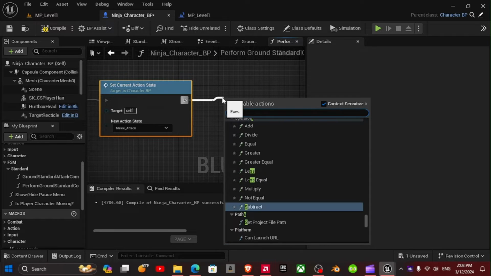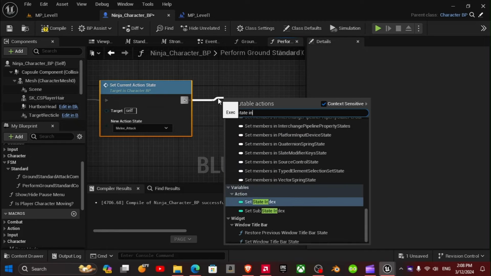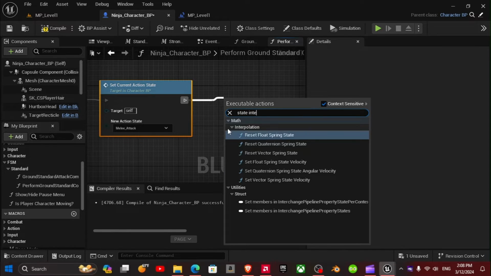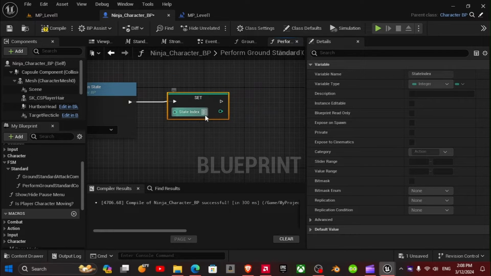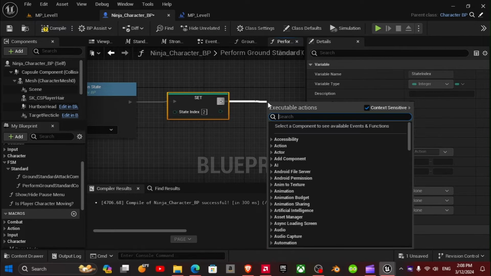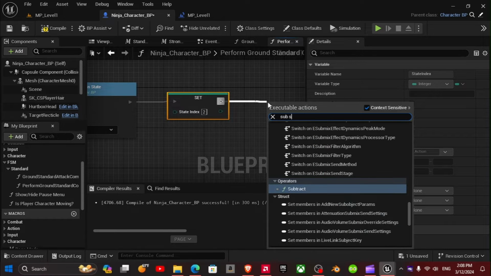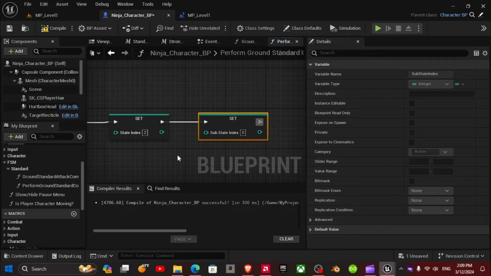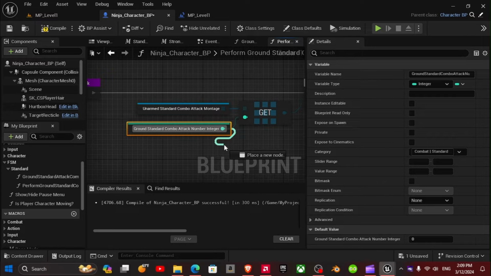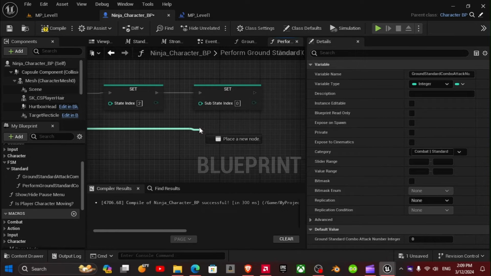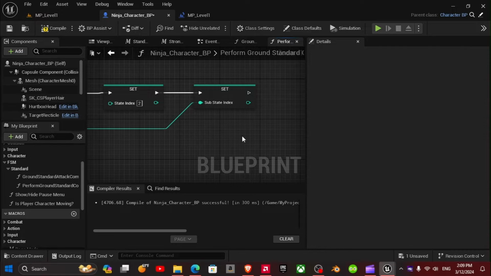A state integer. Let's bring this one out too. And I'll bring a node from this and connect it to the substate index.